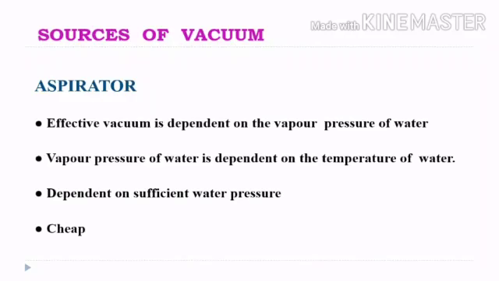Under vacuum, or we can say under reduced pressure, the liquid will boil at a low temperature before its boiling point is reached. So the liquid which undergoes decomposition at its boiling point and also which cannot be distilled at its boiling point can be separated by vacuum distillation technique. An aspirator commonly reduces the pressure to about 25 millimeter.